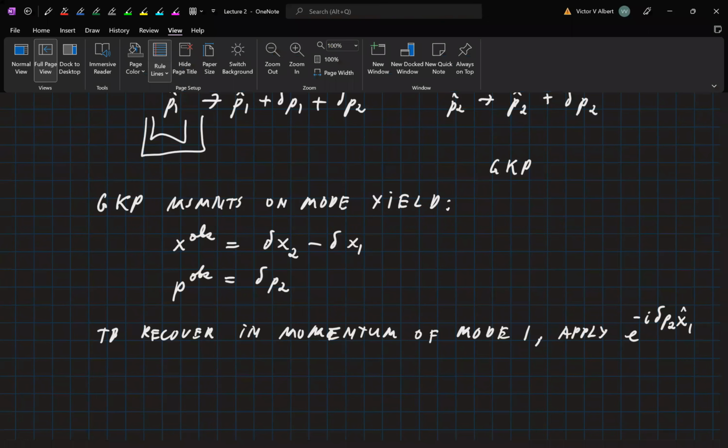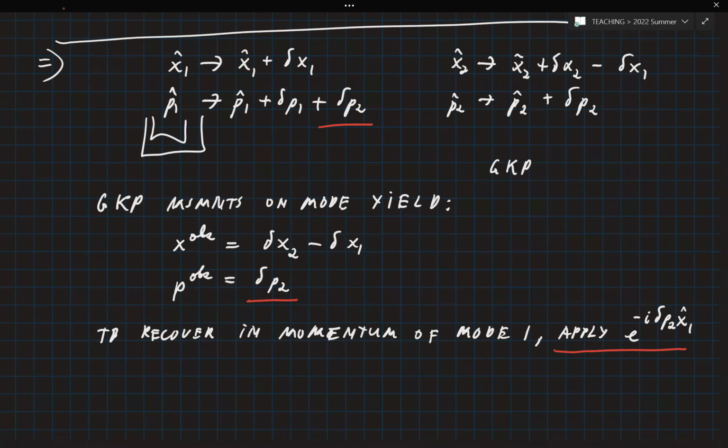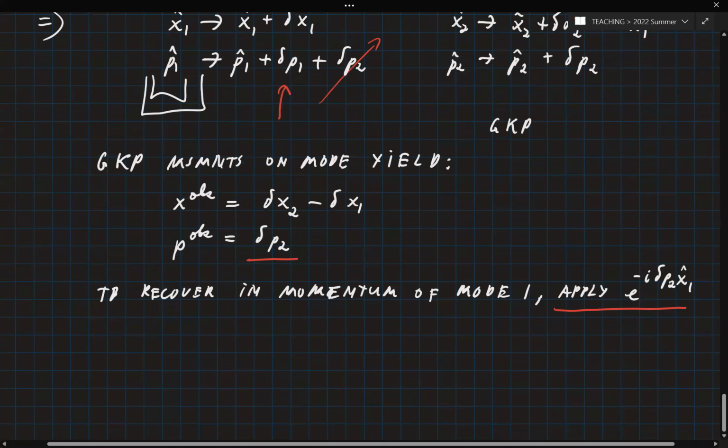And this allows us to correct that part of the shift. It doesn't protect us against this one, but this one we would have obtained if we had an unencoded mode anyway. Remember, an unencoded mode just gets a delta P1 error. So what we've done is we've basically gone back to the unencoded case, and we've made it not any worse. Okay, so that's break even. Who cares, right? Well, let's look at what happens in the momentum case